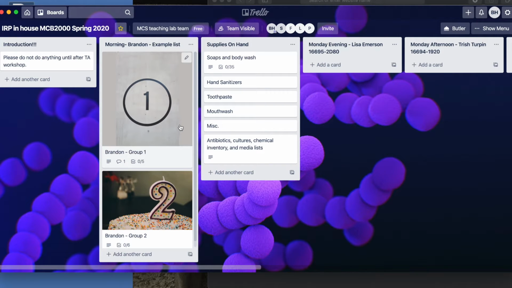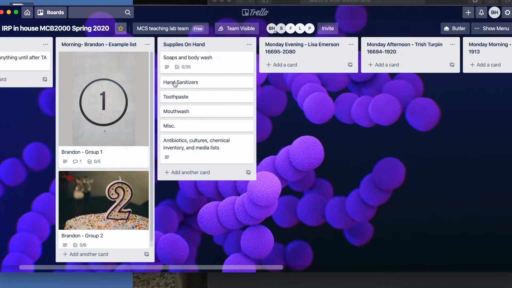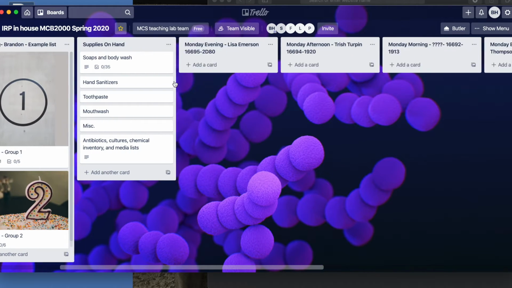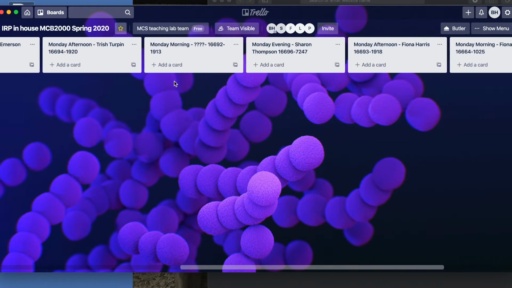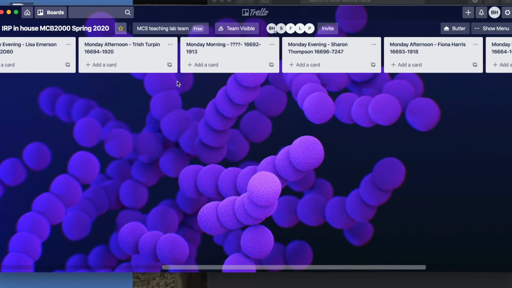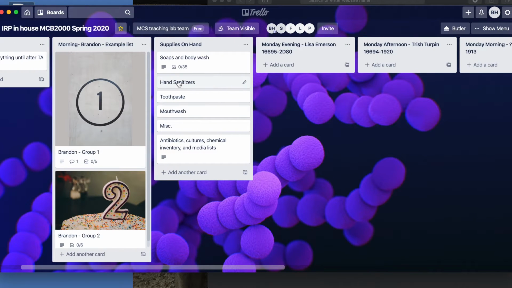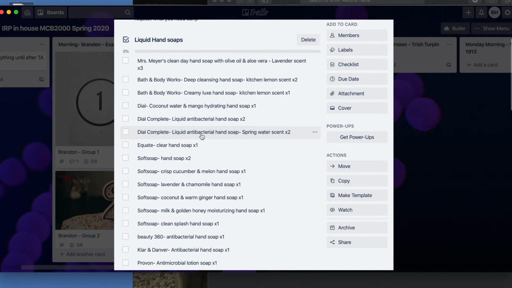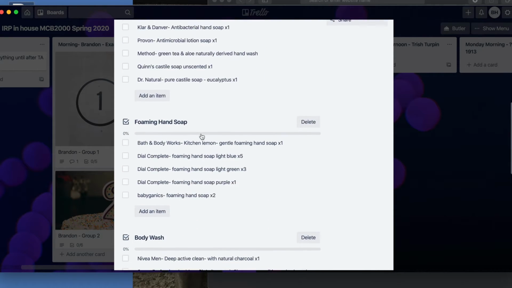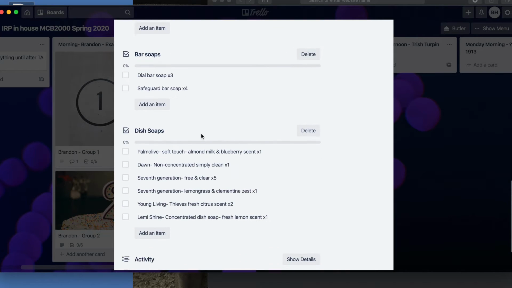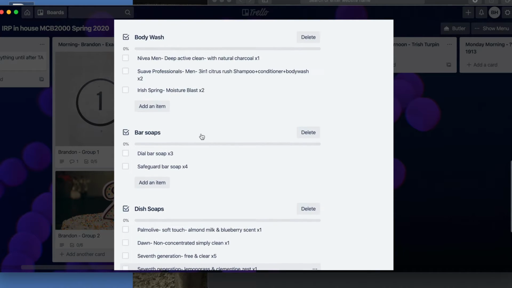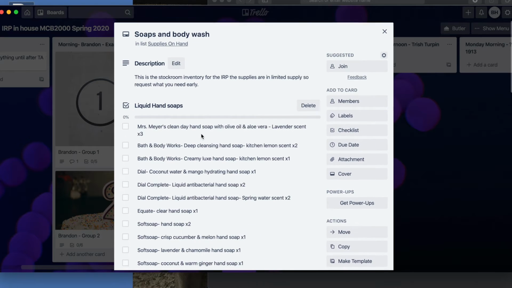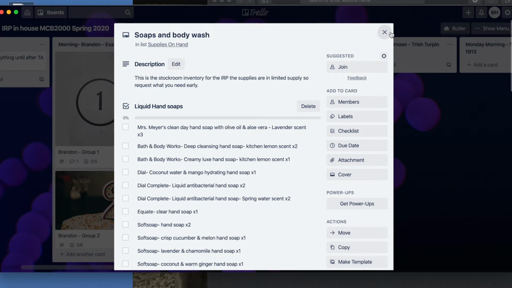Here we have our IRP Trello board, and I want to show you a little bit about it. Here you can see the different TAs with the different groups, and you'll each have your own class, and you can add your own group to each class. And if you look here, this is showing you one of our supply lists. When we check mark it, on this one we won't check mark them,